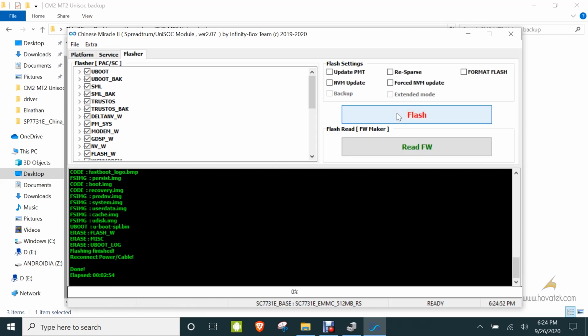You can now disconnect and power the device. So that's how to flash your Unisoc device using Infinity CM2 SP2.